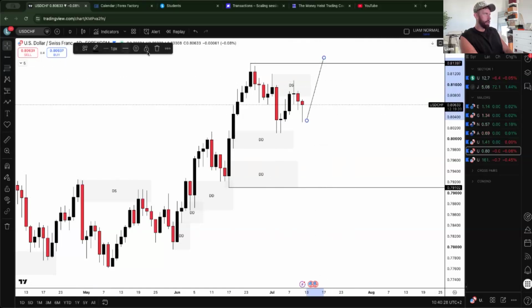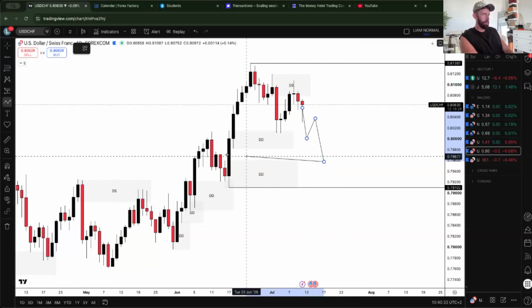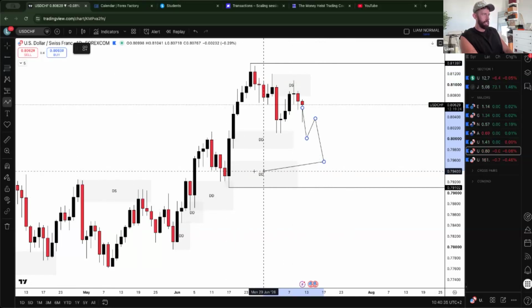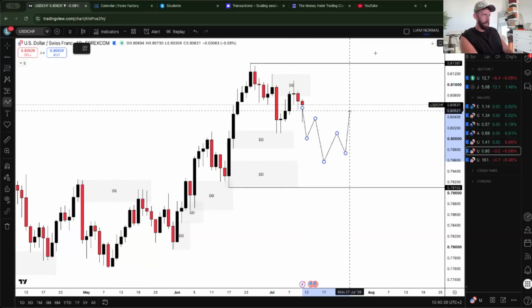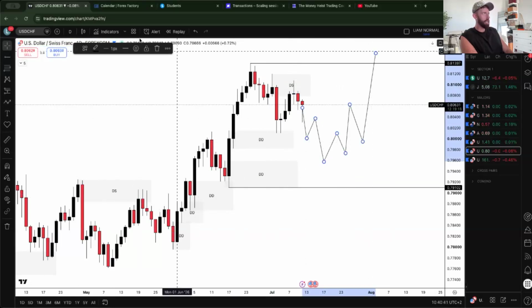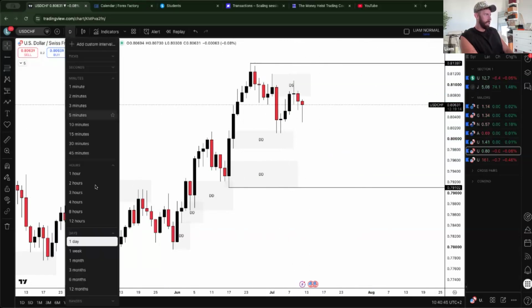But if market wants to retrace lower, why would it want to retrace lower? Well, we have a lot of imbalance to fill, and we have this daily demand candle, and that could be where the market gives us that shift to carry on and go create a new higher high. So that is my main thought. We have reacted beautifully from this daily supply.